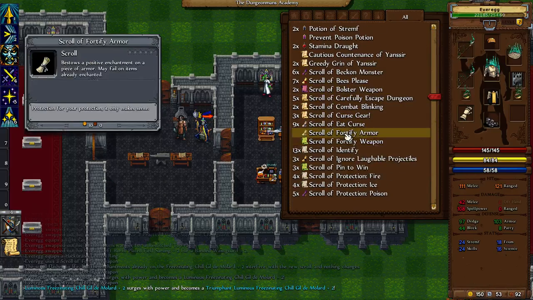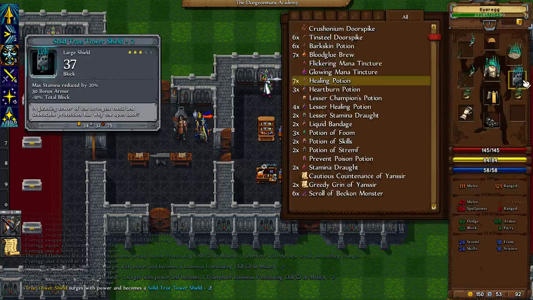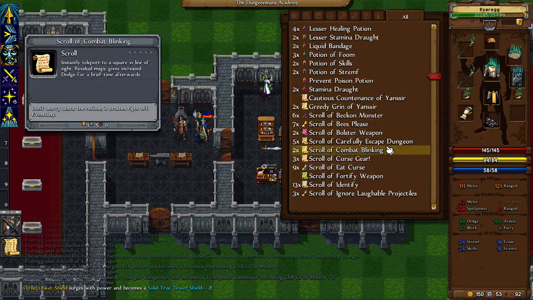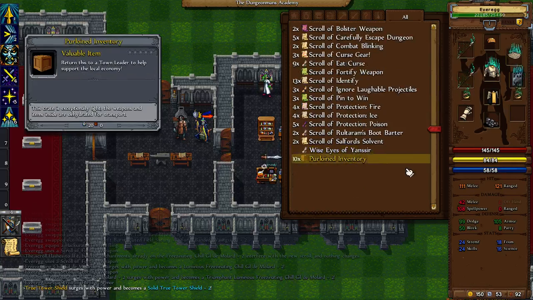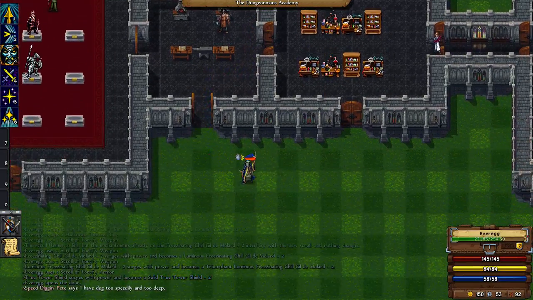Scroll of Fortify Armor. Yep, let's do this shield, which is tier 3. Therefore, I'm likely to keep it for a while. We got what? Extra blocking. I will take that happily. Do I have any Scroll of Bolster Armor? Bolster weapon is useless, actually. I'm never going to use that. No Fortify weapon, excuse me, armor, and no Bolster armor either. Okay. So I think all I have to do now